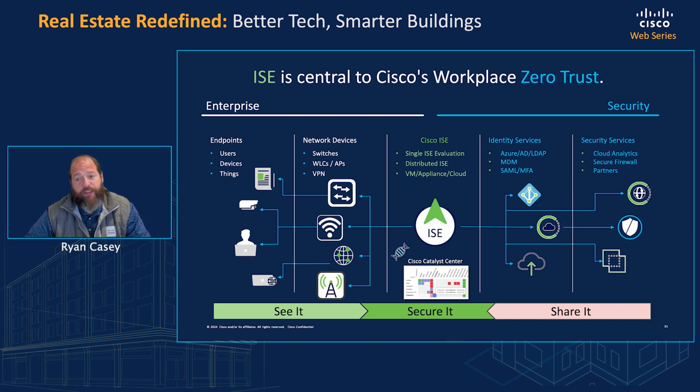As we look at identity services, the security aspect of it, being able to leverage Azure and your LDAP services and MFA, the multi-factor authentication, to provide that secure zero trust infrastructure. And then being able to also share that via third party. So as we look into pxGrid, being able to share that through other RADIUS servers or other policy servers, and then have that unified front to secure all the infrastructure that you are deploying within your environment.